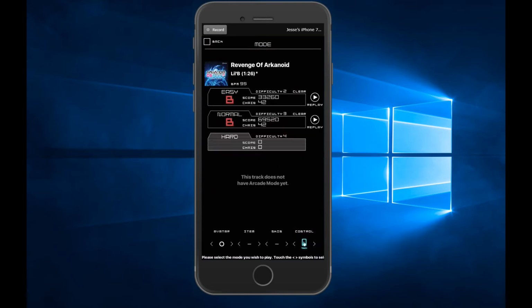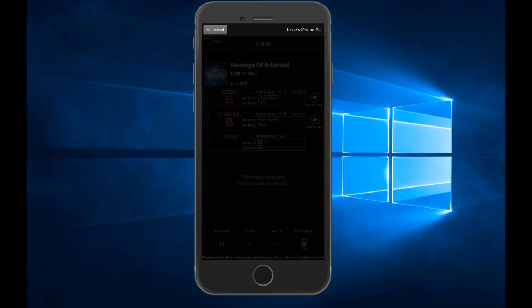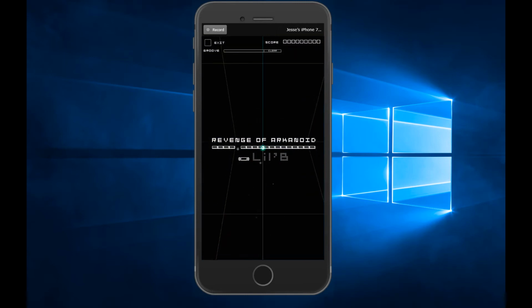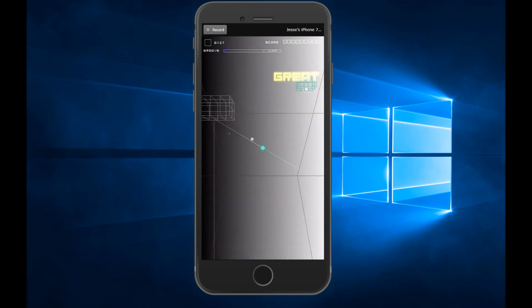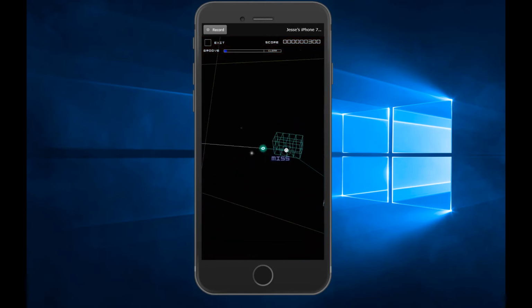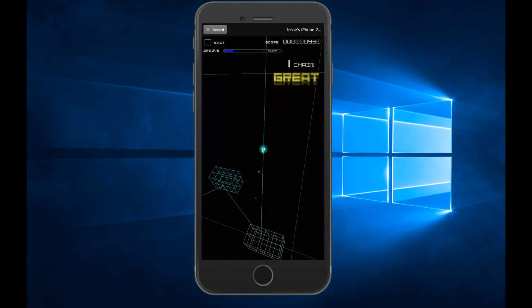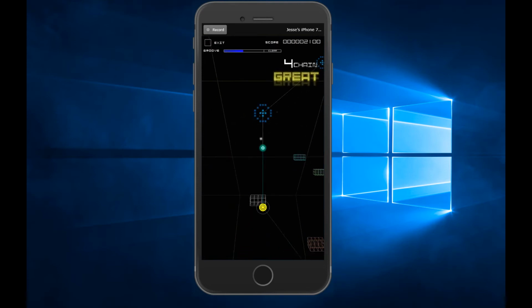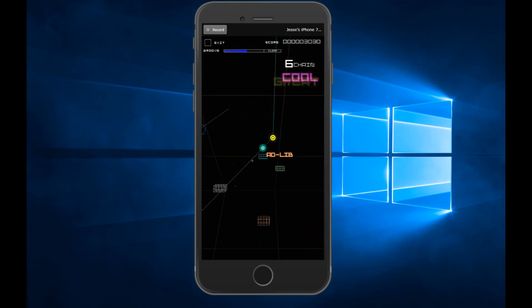Maybe this is the last one I left off on. Let me look at this one more time. Oh, this one. Yeah, I recognize this one from the first game. I mean, look at the variety of music in this.